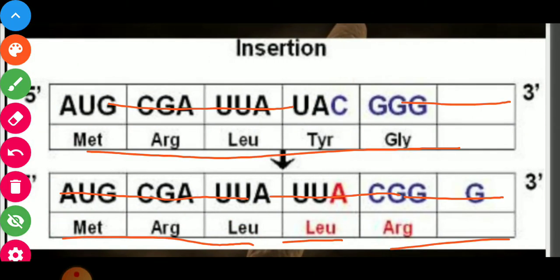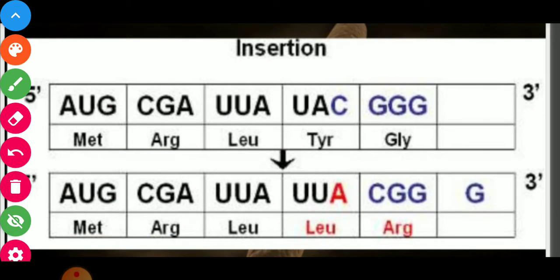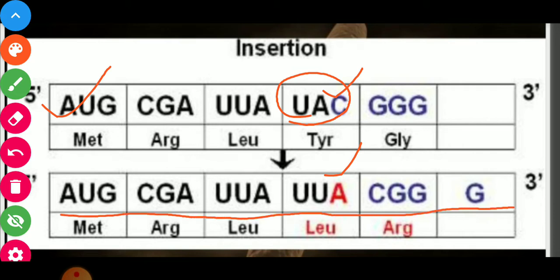See here, this is the sequence of DNA in which the nucleotide sequence is given. So this is the original nucleotide sequence. Here you can see in place of this genetic code, here one extra in place of C, A is inserted. So this causes the change in the nucleotide sequence here. So genetic code information changes, and this also changes the information of gene and causes mutations.